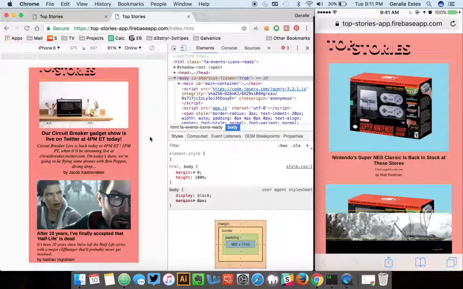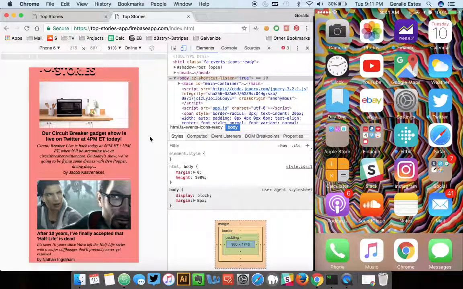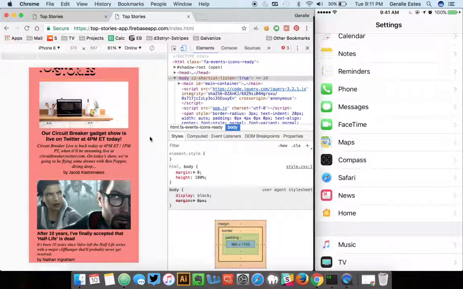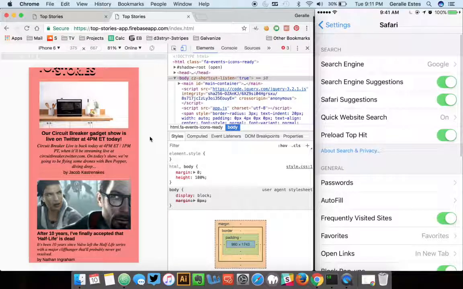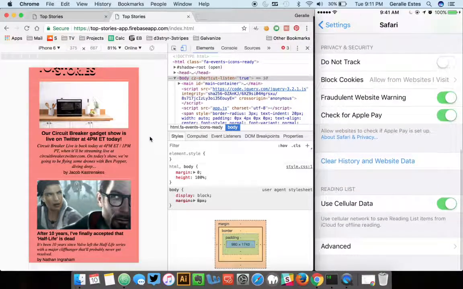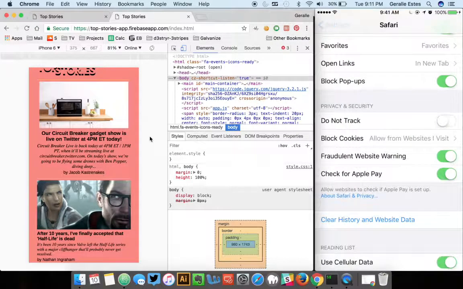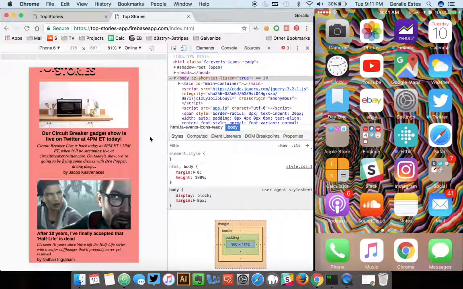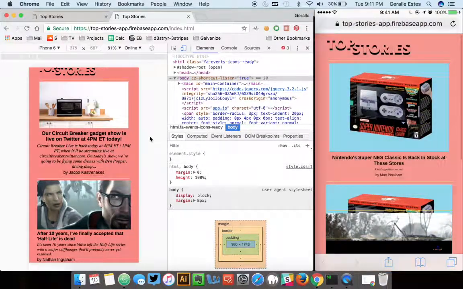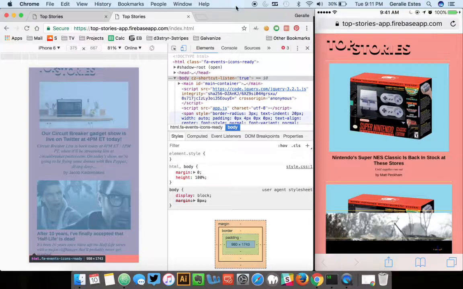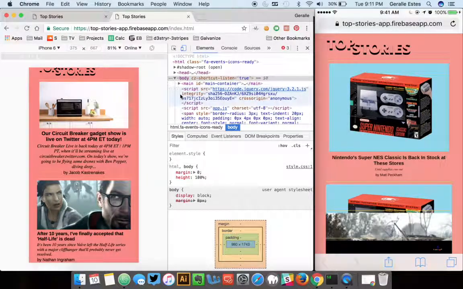So in order to fix that, I went into Settings, Safari, Advanced. I enabled the Web Inspector. Back out of that, go back into Safari, into my deployed Firebase site, and